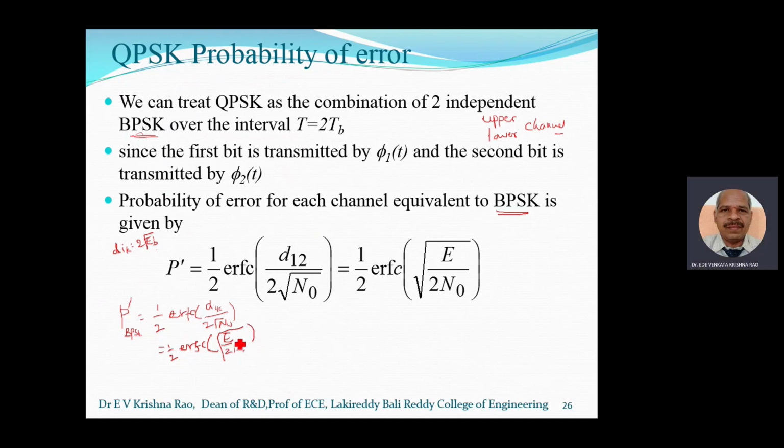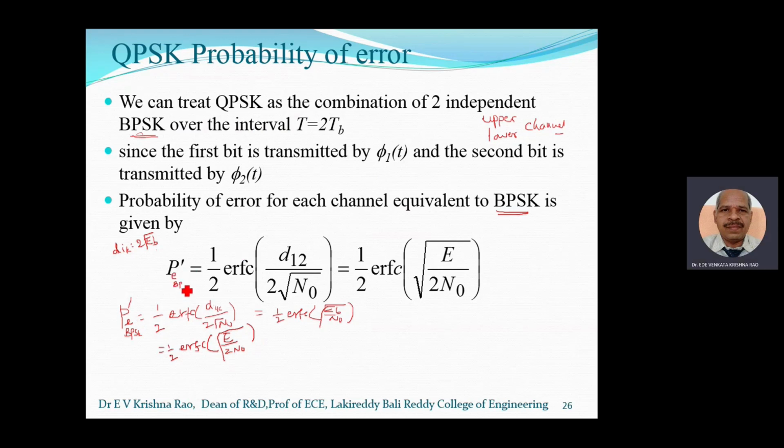Okay, E by 2 is the root EB, so root EB by n naught. In BPSK, that is where half complementary error function of root EB by n naught we derived, in terms of d by 2 root n naught, or in terms of root EB by n naught, or EB as E by 2, root E by 2 n naught. So that is how each channel is equivalent to BPSK, the probability of error of BPSK,